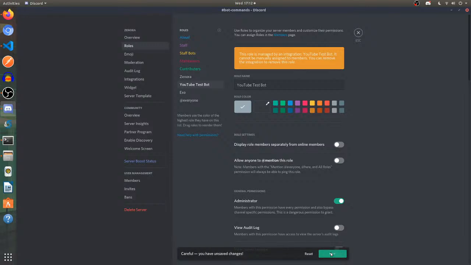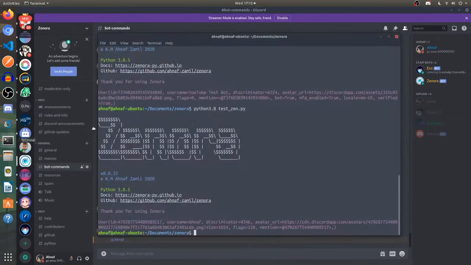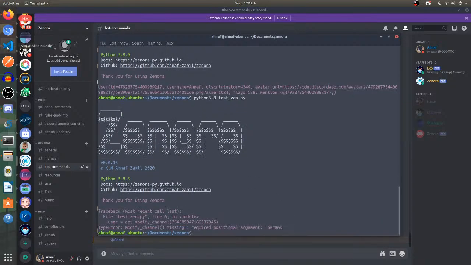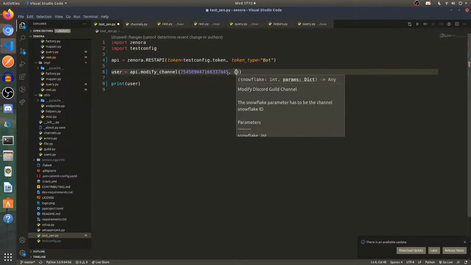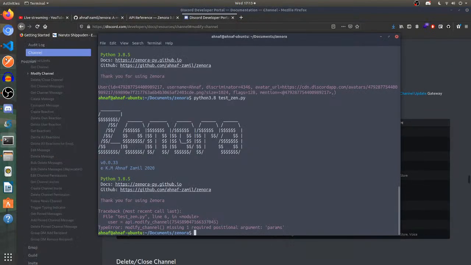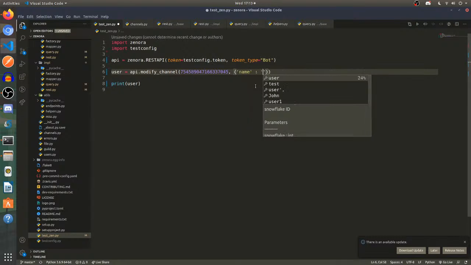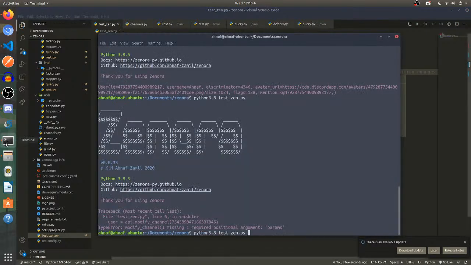I would like to give it admin perms so that it can use it. Now let's run this. Okay, it's missing the params argument. So what are the things that we can change? We can change the name. Let's do name equals modified spam. How about that? Let's run it.